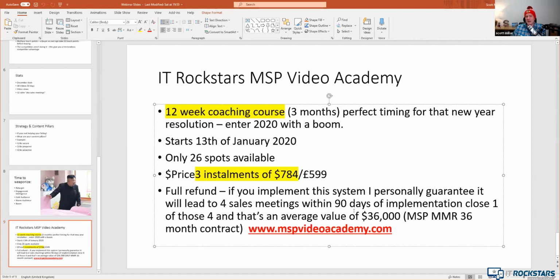Now the way I did this math in my head was looking back at my own MSP and the MSP that I worked for: the average managed service contract, how much is that worth in your IT business? For me, it was around about $1,000 a month. That was the average contract size. That did not include any of the project work or any hardware upsells that we did. That was purely for the managed services. So from that figure of $1,000, you can pretty much work out that most contracts are probably worth about $36,000.